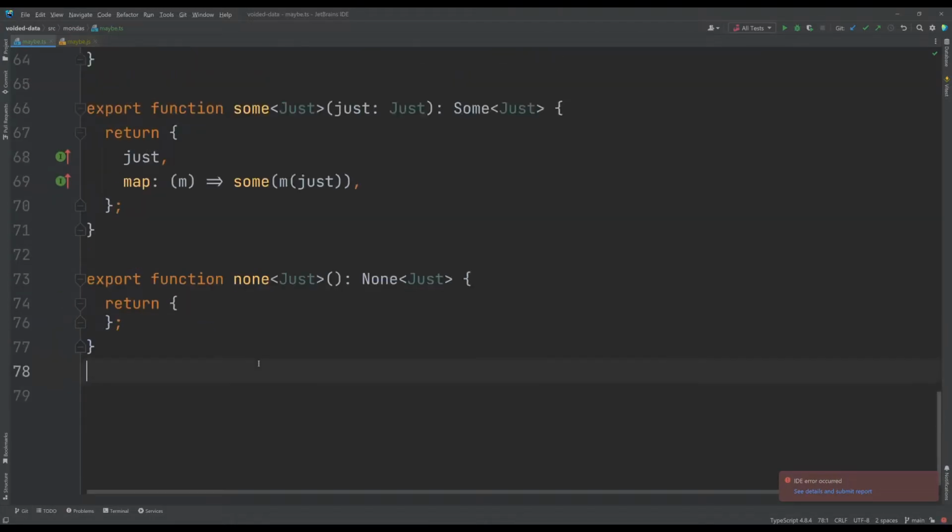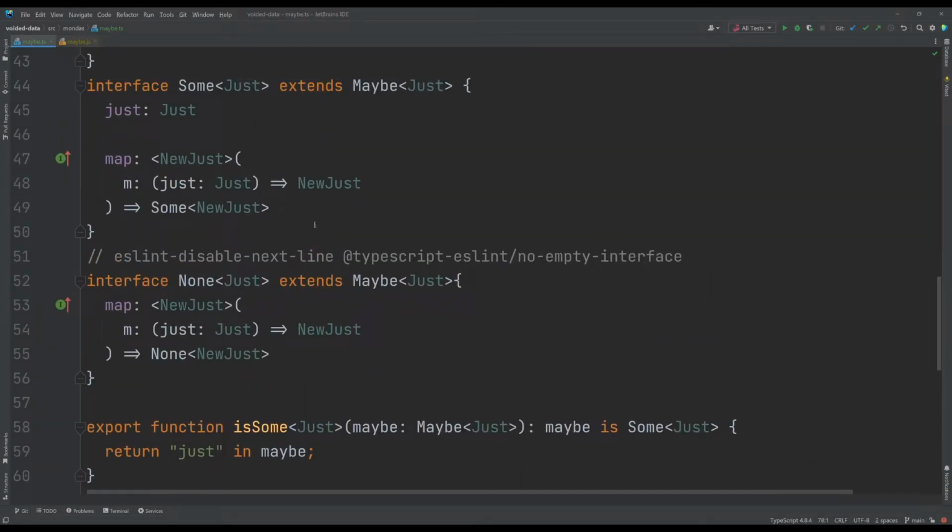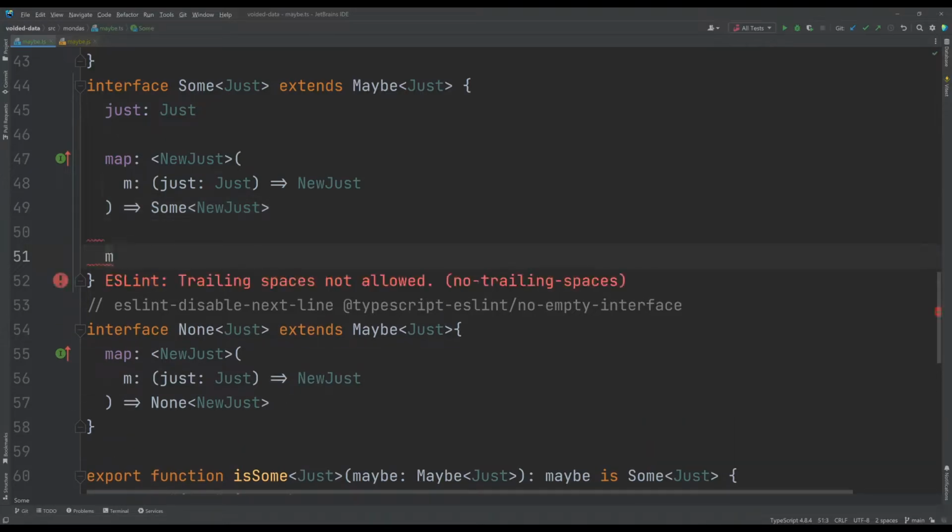And there is one more piece of functionality I want to add, and that is a pattern match. This is again from the functional world, but it is incredibly useful. Let me just type it out again.